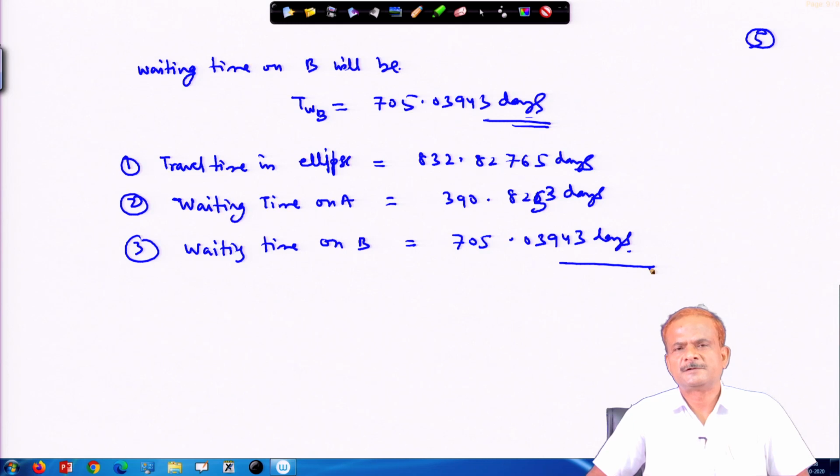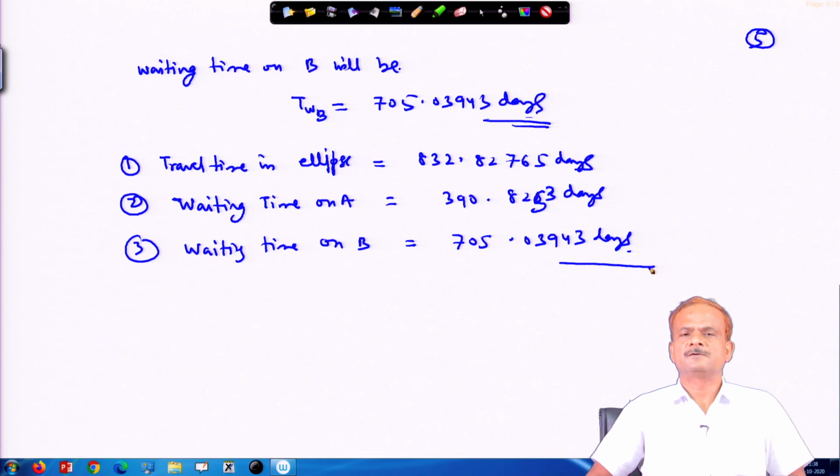So, first it has to be sent in a hyperbolic orbit, so that it comes out of the sphere of influence of the Earth, and thereafter it will go in an elliptical orbit about the Sun up to the sphere of influence of, say, in this case the Mars, and thereafter in the Mars again it will enter into a hyperbolic trajectory, and at the perigee of the hyperbola the satellite is to be captured inside the Mars. So, that we will look into for this problem.